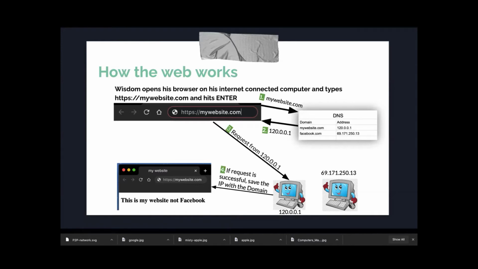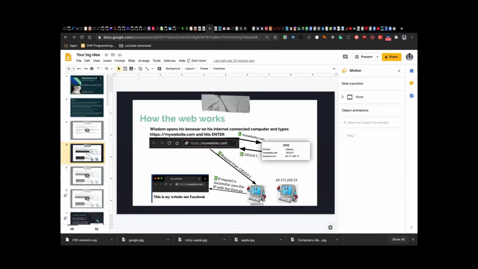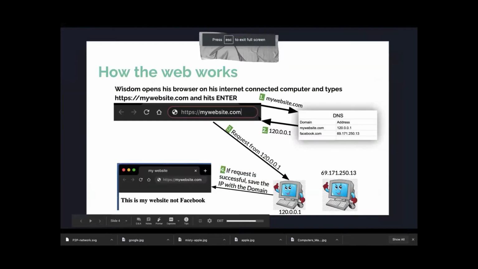So if you make a request, say you have mywebsite.com and you have /home, what you're asking for is, I need you to give me that file on your computer that has the name home, right? And it would give it to you, right? Okay, so, yeah. So now what happens